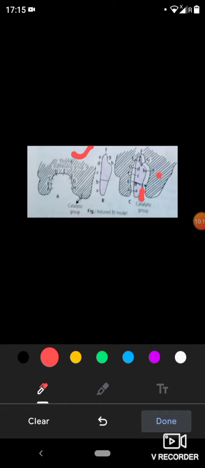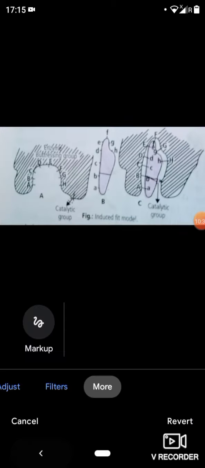So the induced fit model has sufficient experimental evidence from X-ray diffraction studies, and it also explains the action of the allosteric modulators and the competitive inhibition of enzymes. We'll discuss later about the modulators and the inhibitors. Okay, so the next thing is